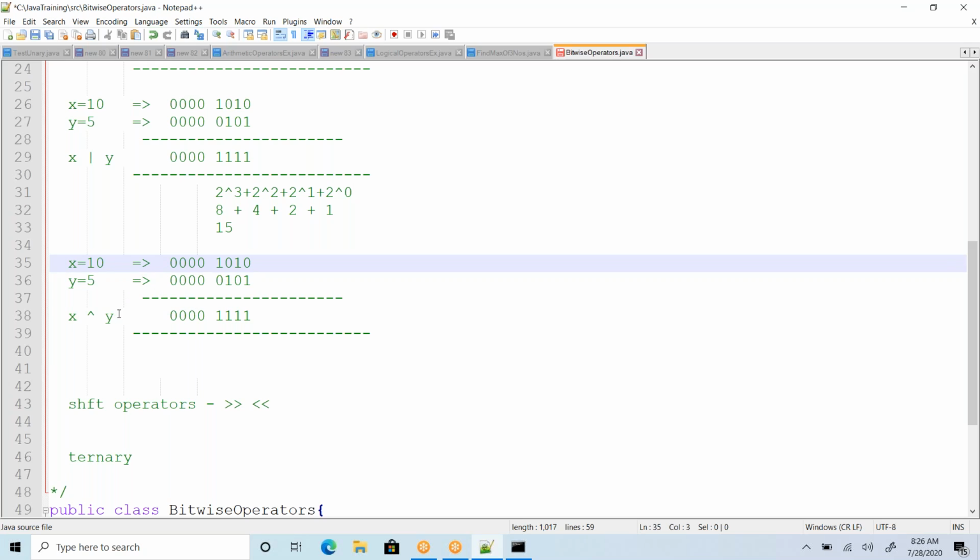Okay, I'm just applying exclusive OR. You calculate and let me know what is the output. All ones. So meaning that 15, you are going to get 15.